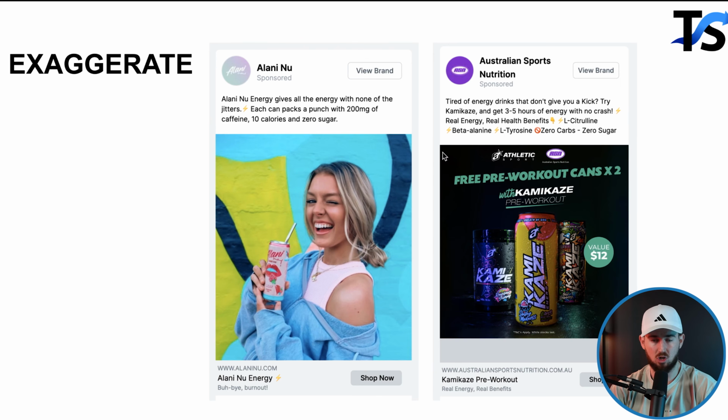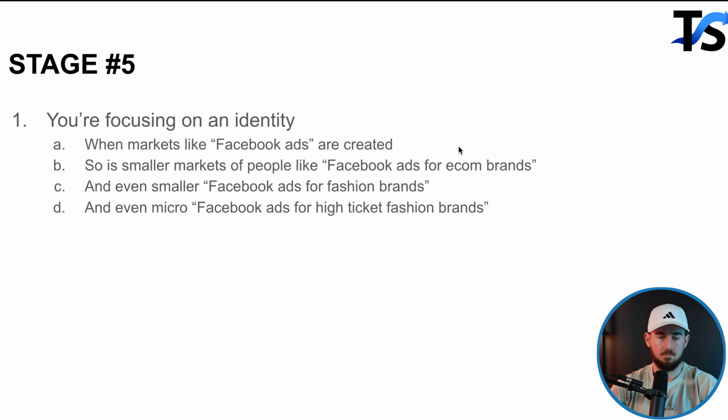Also, zero sugar, you know, calling out things people hate about other energy drinks, and they're just making theirs better. It's all you're doing. So energy drinks, for example, is another type of mechanism in the marketplace. It's one of the different things you can do for the desire for more energy. Now, stage 5. So there's a stage 5 market sophistication that you go to.